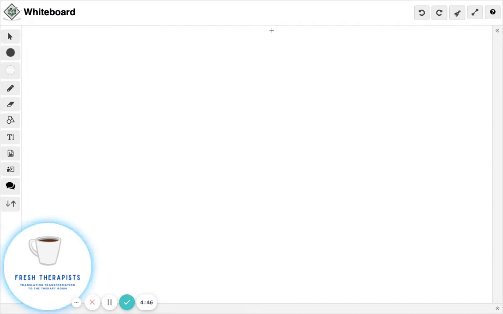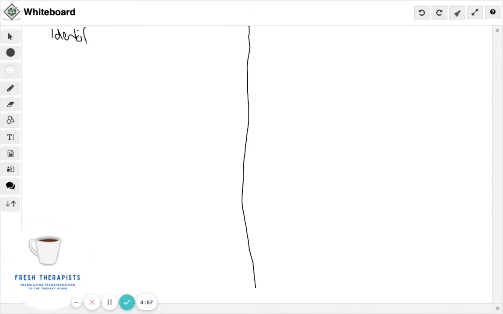So the first box, I'll draw a little line actually down the middle so we can separate them effectively. The first category is identify the problem. And so they've got 3 questions here that help us do that. And so you can just simply borrow these and use them with your own clients.